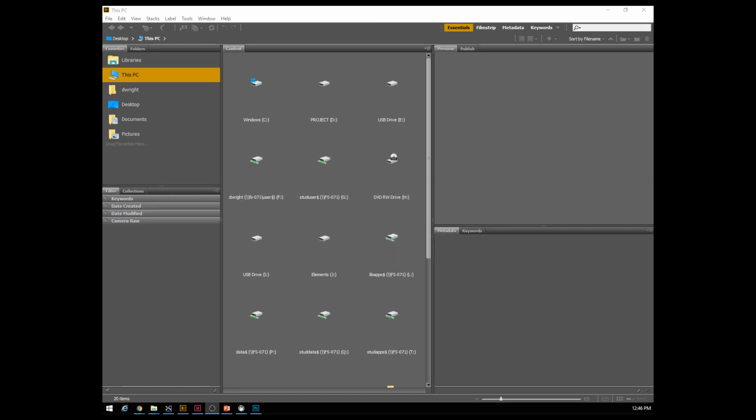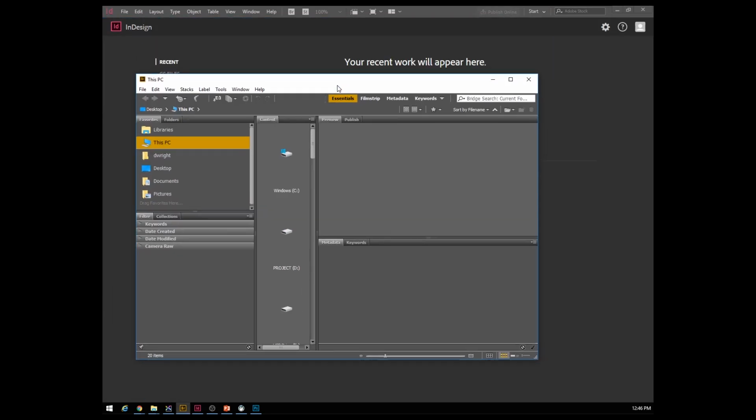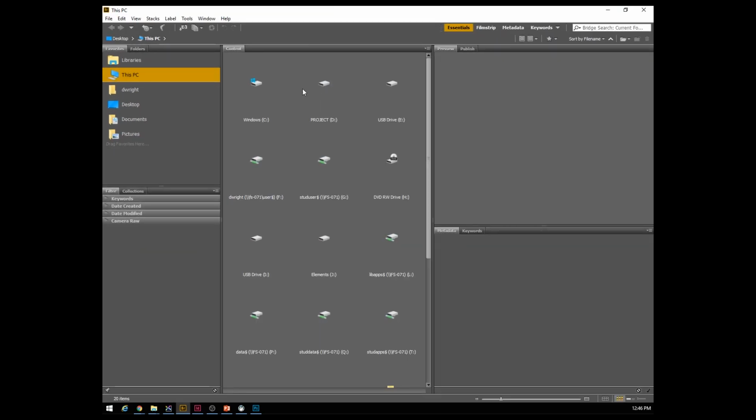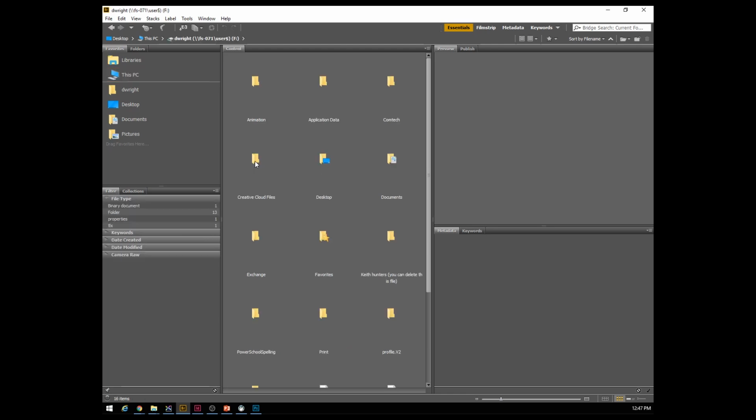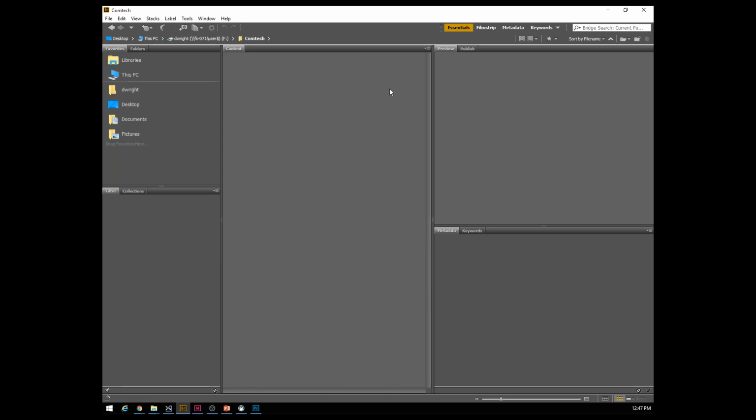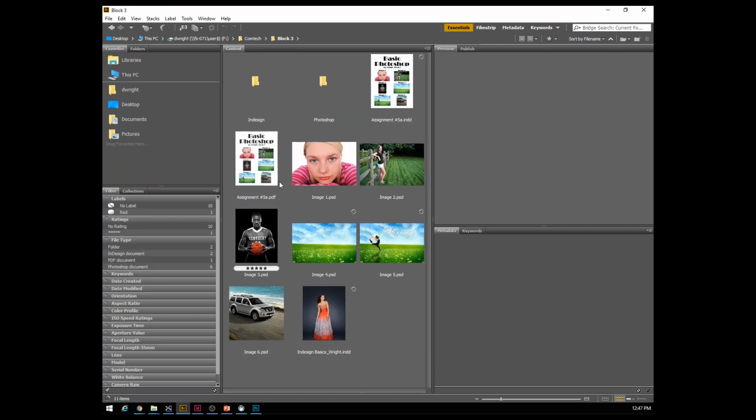We are going to do the second half of our InDesign tutorial, but I figured there was something I missed from the other day, so that's why you've got me starting in Adobe Bridge here. I've opened up Adobe Bridge just to show you one quick little feature that I neglected to mention yesterday when we were placing our images into InDesign. If you just go to your ComTech folder, where you have your images